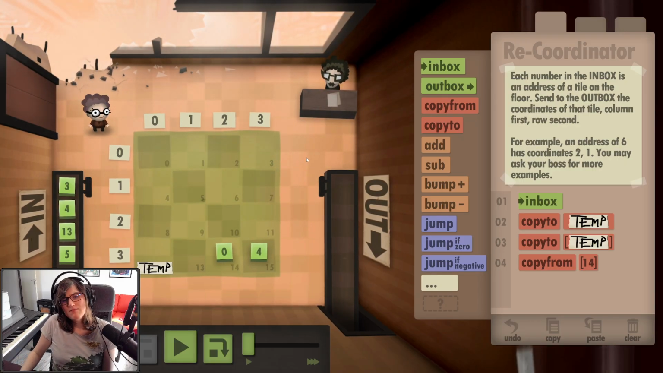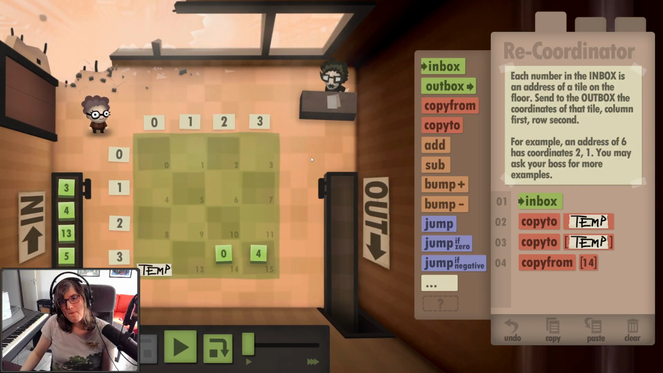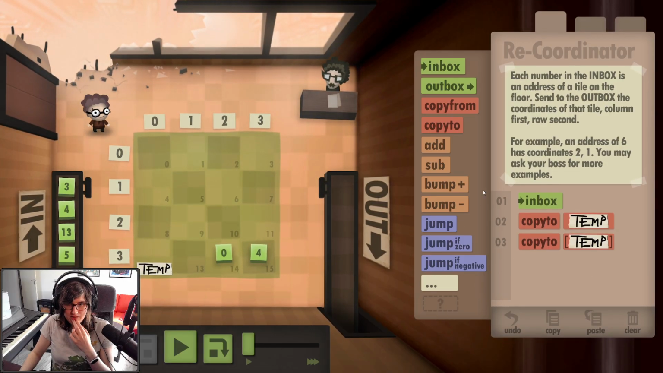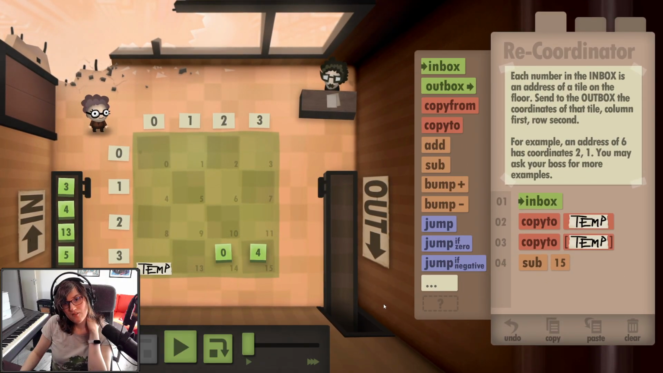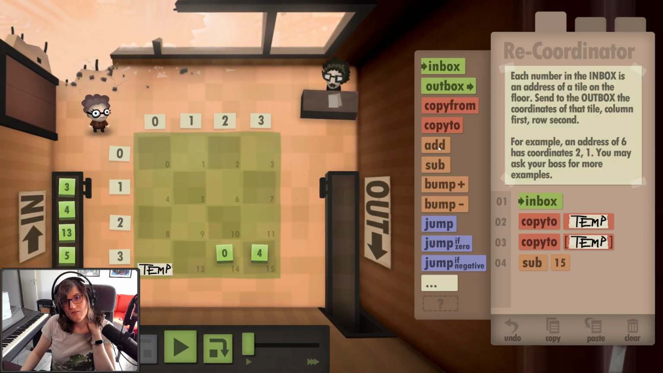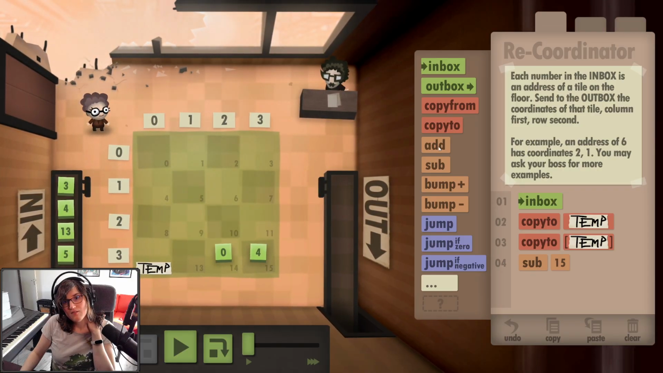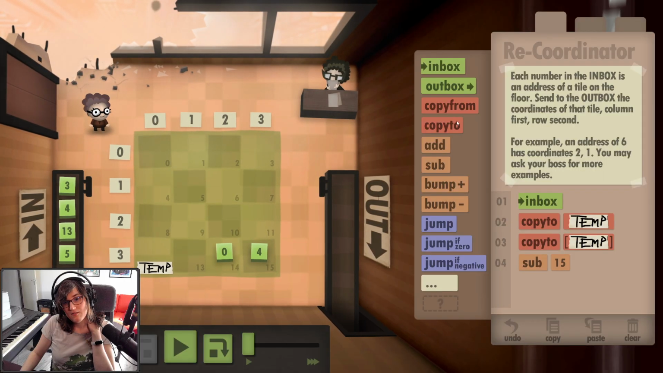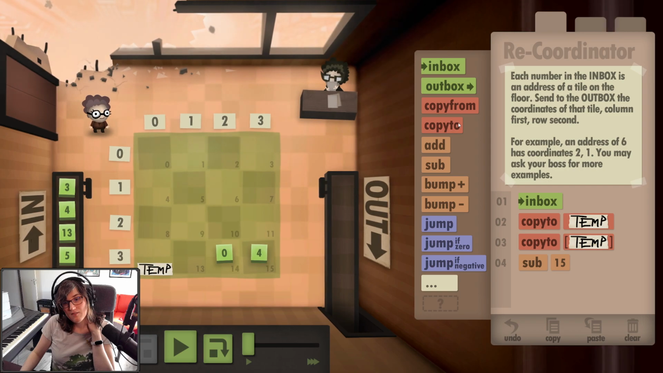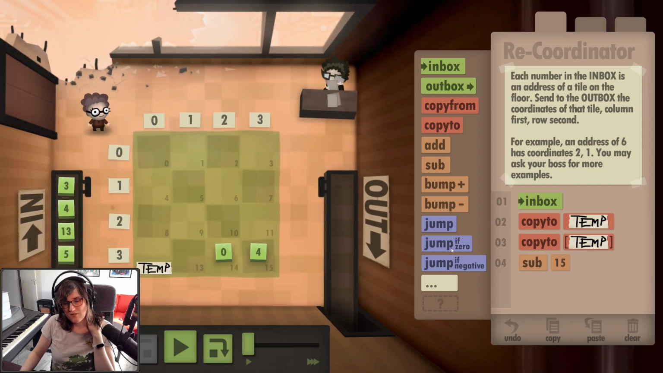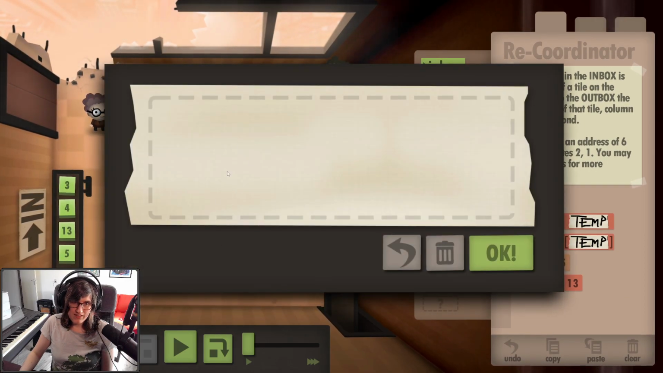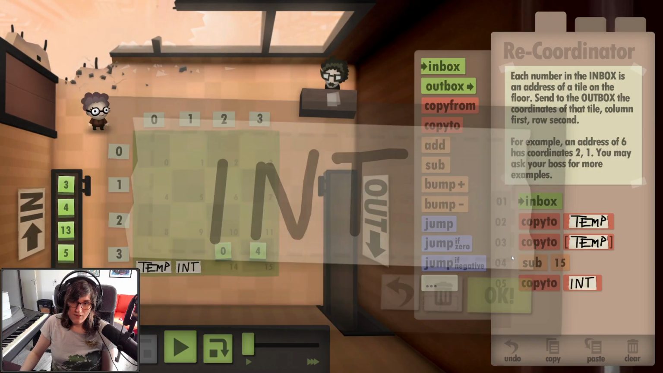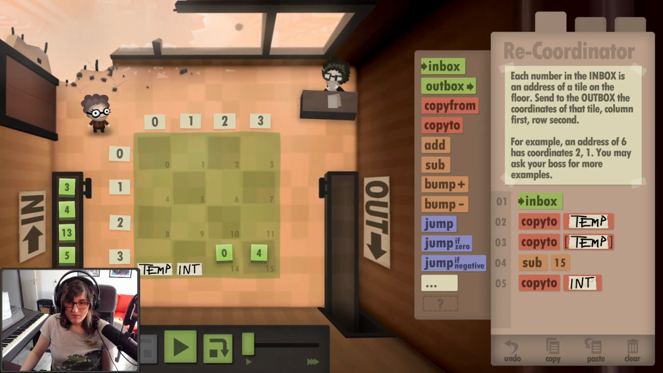Actually, I could technically... Okay, wait. So if I subtract 15. And then, oh god. So then I blah, blah, blah, copy to here temporarily, int, and then compare, so